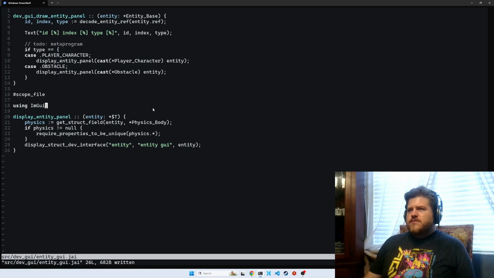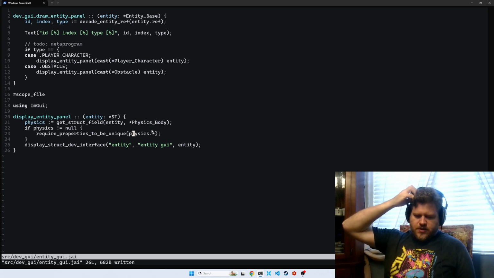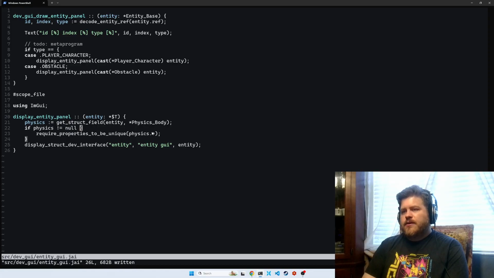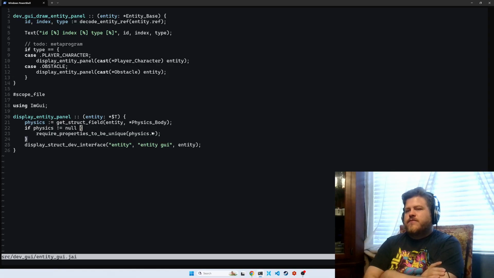I guess the most obvious answer would be that there's a copy of something happening at some point, but this is a pointer to a pointer to physics. When you deref once, it's still a pointer to the physics body. And I've been using required physics body unique for a while now, and it works fine. Unless,